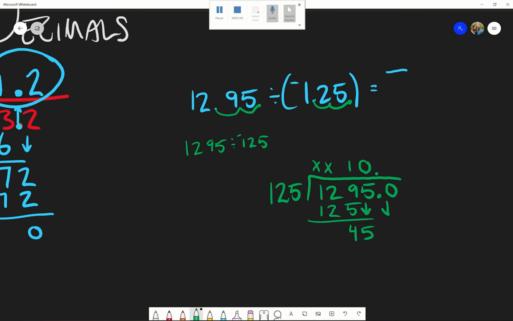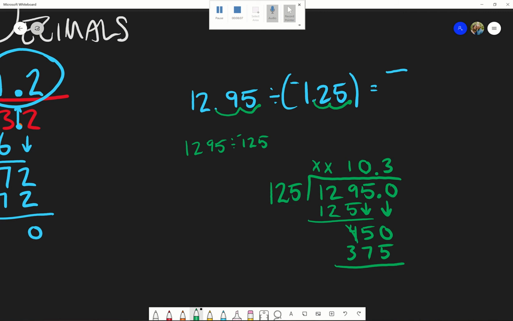Add a 0 and bring it down, and say 125 goes into 450 3 times, and that gives me 375. And then I'll subtract these, and I'll get